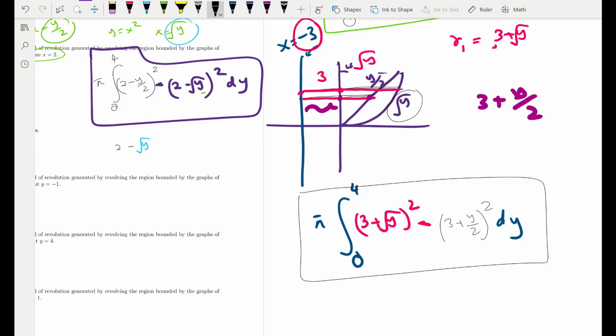Okay, so that's the end of this video. We talked about how to find the volume of objects if you rotate stuff around the x-axis, y-axis, and then horizontal lines and vertical lines. So this is the wrap up of